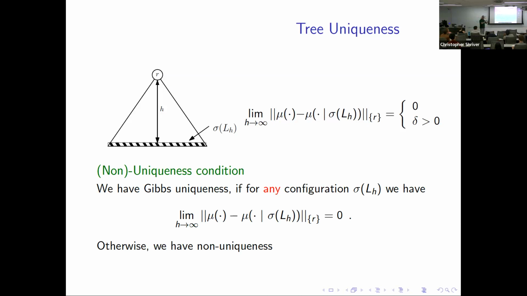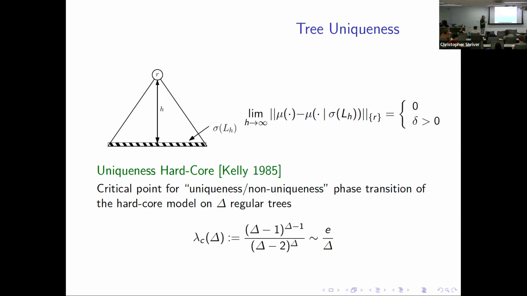Of course, we now focus also on the decay rate, and just to remind you from what Will mentioned, we have this uniqueness non-uniqueness transition for the delta regular tree, and this corresponds to the critical value lambda critical of delta, which is this quantity here, right? So when lambda is smaller than this quantity, we are in the uniqueness region, and when lambda is bigger, we have this non-uniqueness region, and all this interesting stuff going on, which we had before,